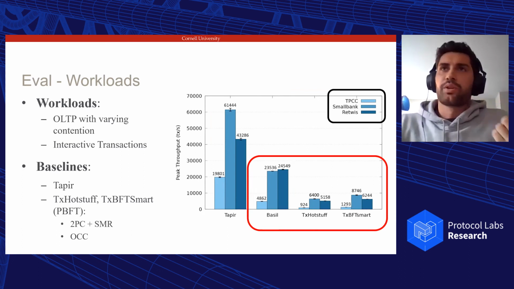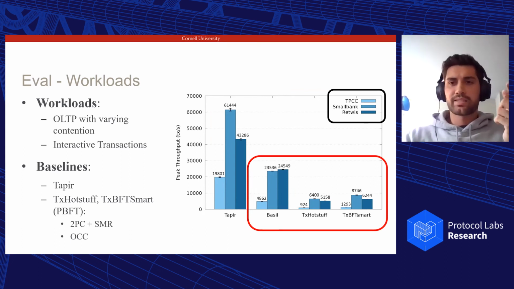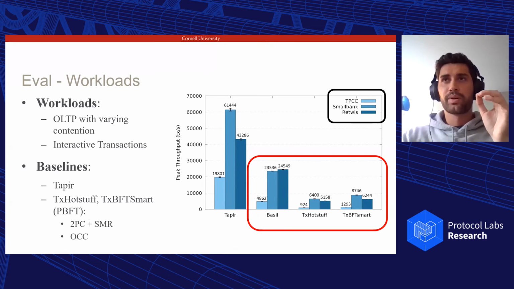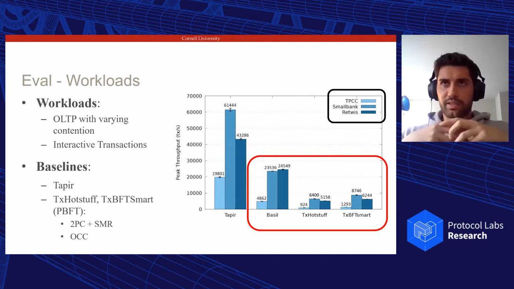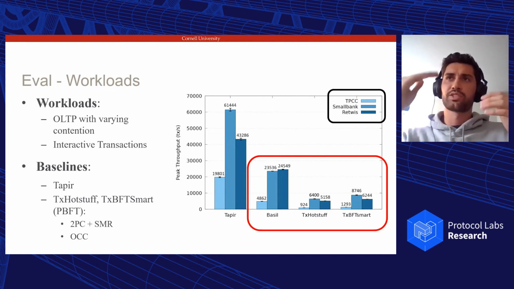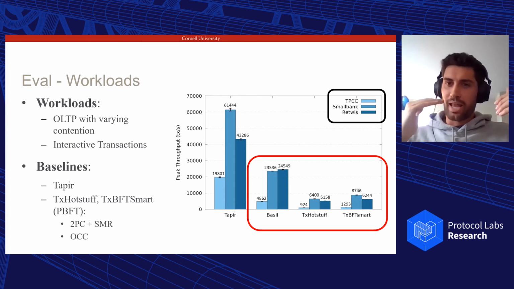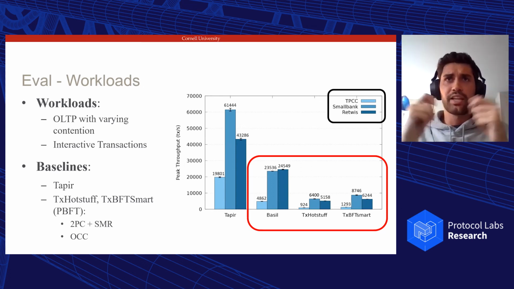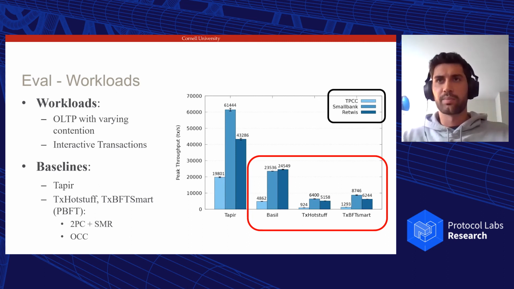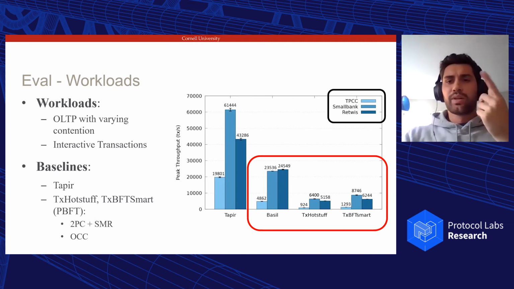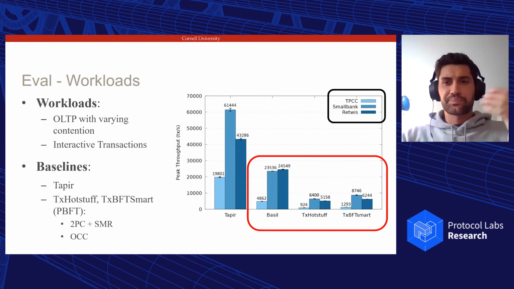Now on the right, I'm showing you a comparison of Basil against 2 BFT baselines that also both are built to offer interactive transactions and concurrent execution, but unlike Basil, follow this standard modular approach that layers 2-phase commit and concurrency control atop black box consensus protocols, in this case, HotStuff and PBFT, or its implementation BFT-SMaRt. And here we can see that Basil significantly outperforms both, mainly because it avoids this redundant coordination during distributed commit, which reduces latency down to a single round trip that in turn translates to throughput on contention bottleneck workloads.